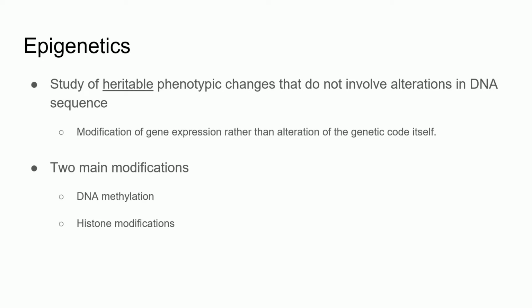Epigenetics describes supragenetic modifications to the genome. These alterations do not change the genetic code, but rather influence how the code is read and interpreted by the cell. The two primary epigenetic changes are DNA methylation status and histone modifications. There are other types of modifications, but these are the big ones to know.